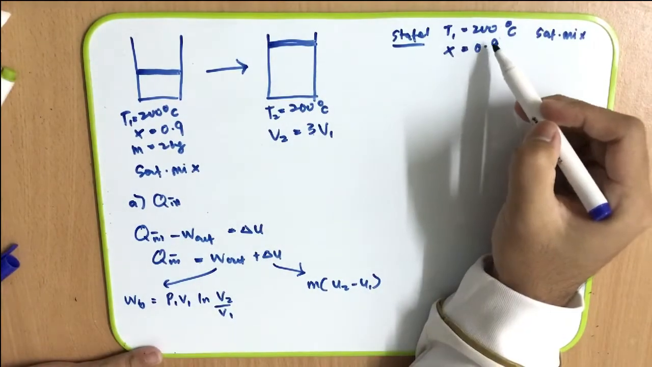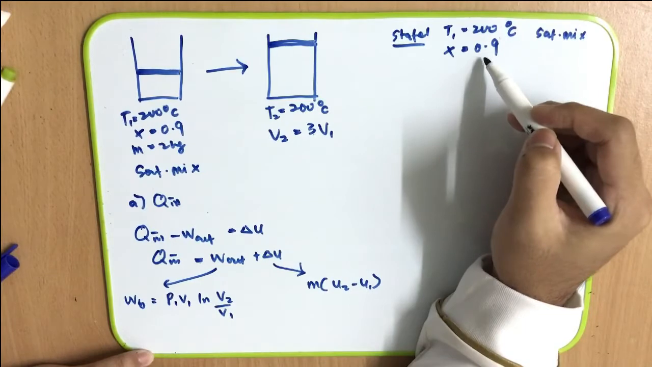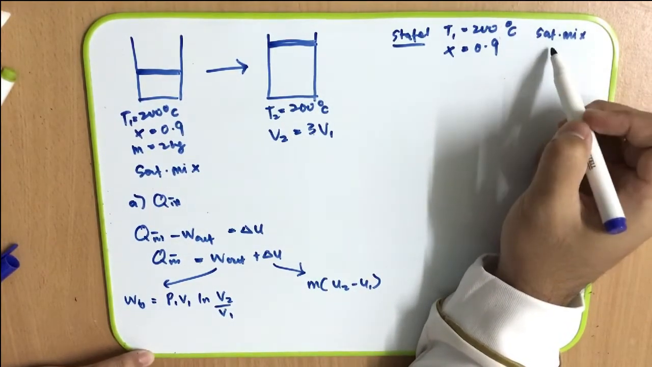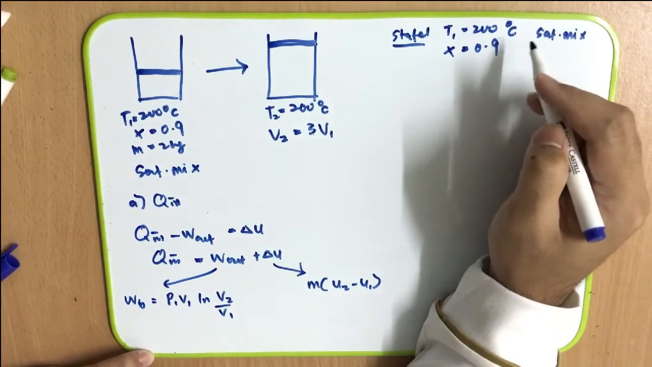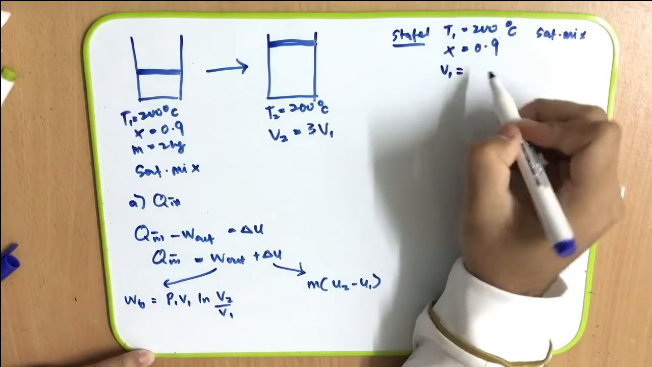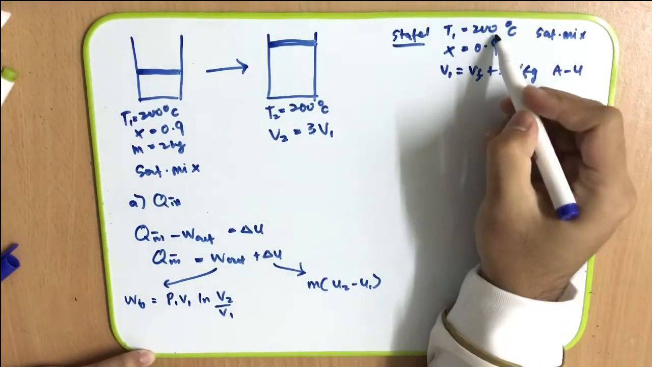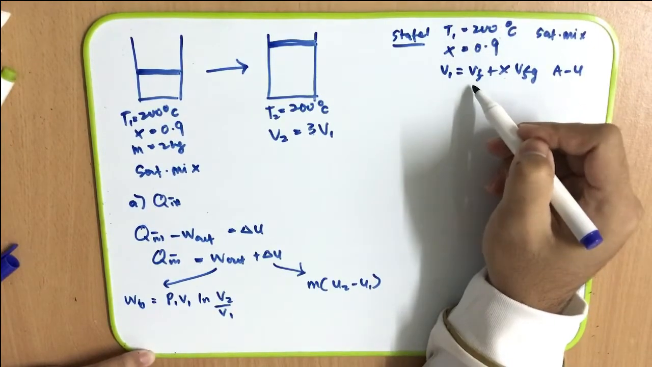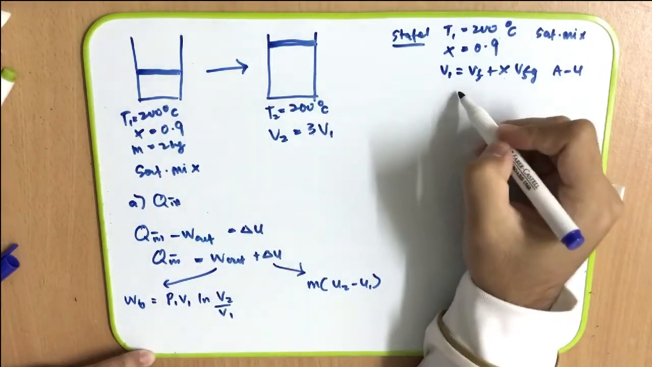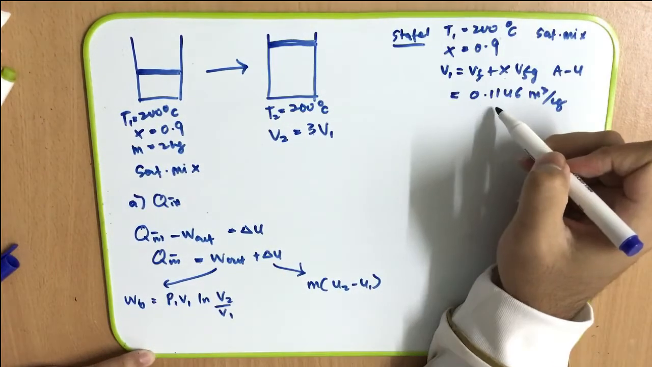In state 1, the temperature is 200 degrees C and the quality is also given, which is 0.9. Because we are given the quality, we know the phase is a saturated mixture. So from this info we can find V1, and for a saturated mixture we can use this equation. By referring to table A4, at temperature 200 degrees C, we can find vf and also vfg. Then we substitute into this equation, and we get V1 equal to 0.1146